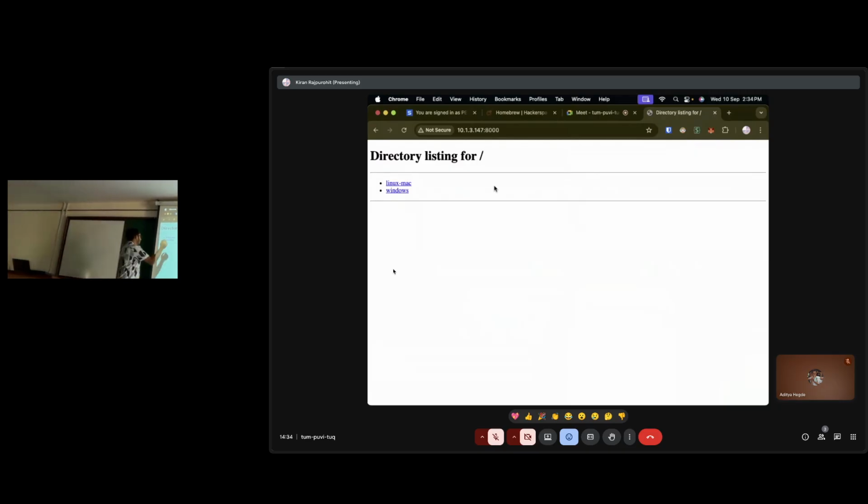If you're on Windows, click on Windows. If you're on Linux or Mac, click Linux Mac. Is it working? Cool. Is it working, everybody? Raise your hands if it's working. No, just connect, no captive portal. It's just connected. It's an open network.